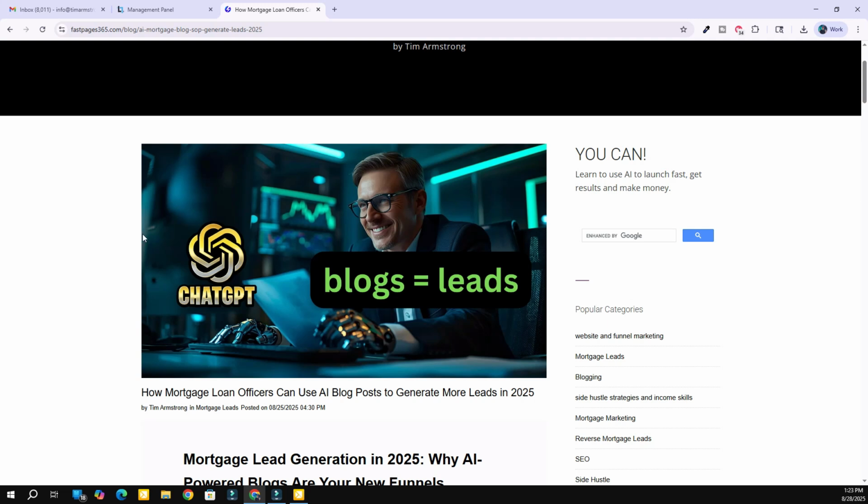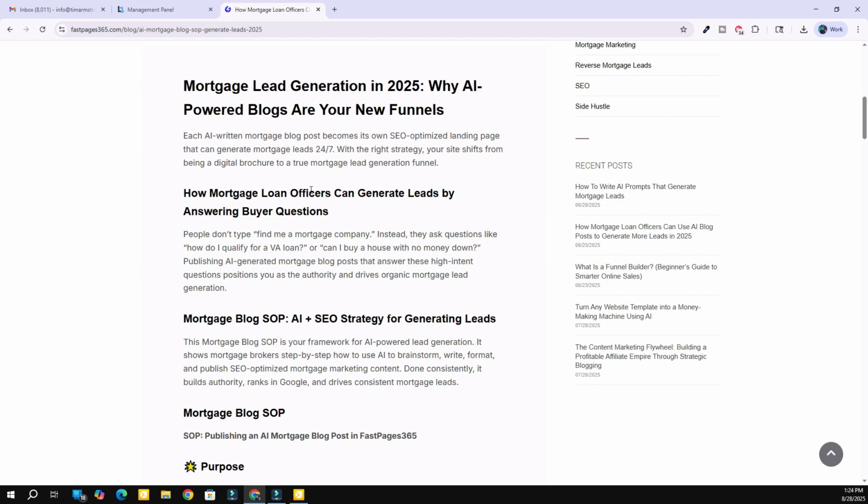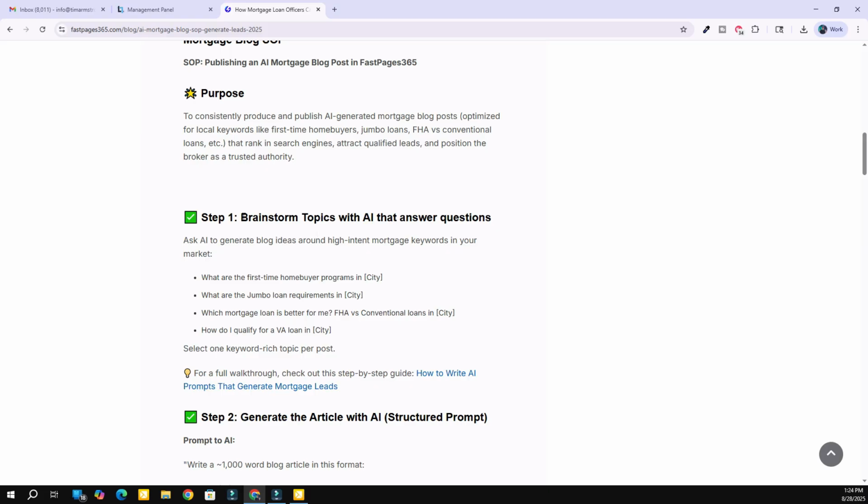So here's a great way to generate mortgage leads. You're going to create an AI mortgage blog, right? So here's the standard operating procedure that I've set up in my blog article right here. So if you scroll down into the blog article, you're going to see step 1, brainstorm topics with AI that